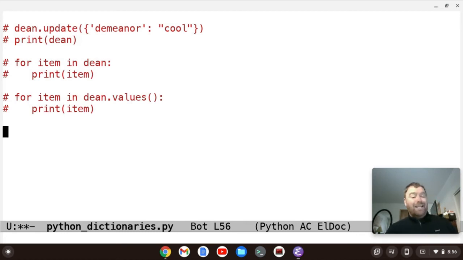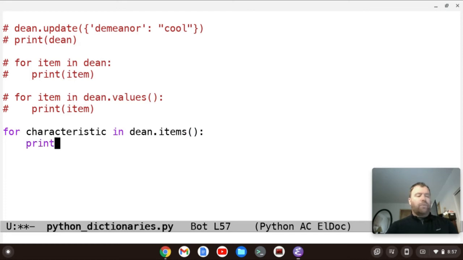We can print the keys and the values with another for loop. So let's do that. So we'll say for characteristic in, now it doesn't matter, the characteristic is just a variable name. We're going to use Dean and then the dot items method.